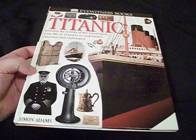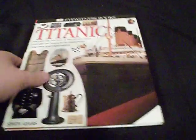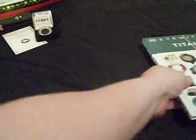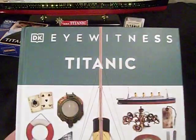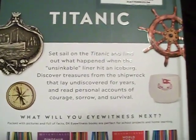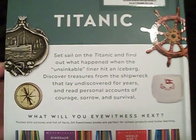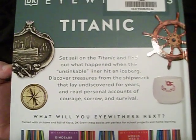Well, just recently, DK Eyewitness did an update to this book. So this is the old version, and right here, guys, is the new one. See? New edition. Eyewitness Titanic. And it says: set sail on the Titanic and find out what happened when the unsinkable liner hit an iceberg. Discover treasures from the shipwreck that lay undiscovered for years, and read personal accounts of courage, sorrow, and